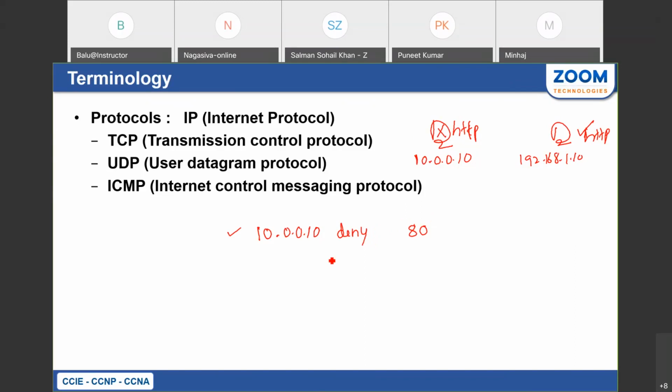What do we need to do? Now we need to define it like this: 10.0.0.10 permit FTP, 10.0.0.10 permit telnet, permit 23, permit 24, permit 25. How many services are available? Thousands of services, and I would need to permit each of them again, right? Is it not possible